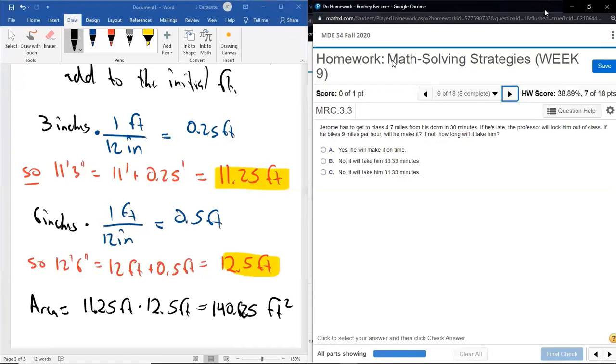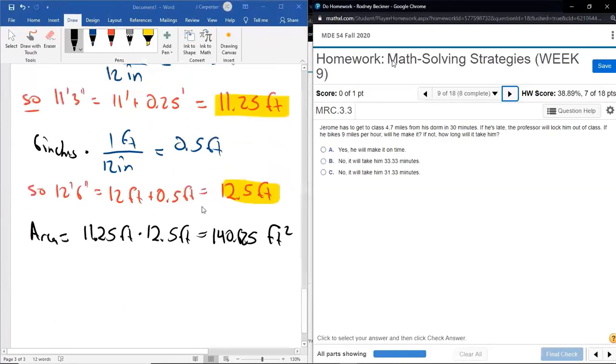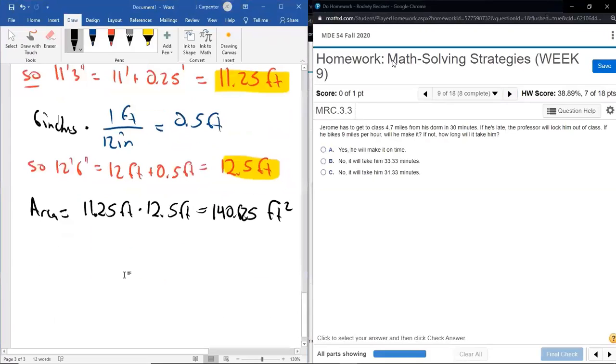If he bikes 9 miles per hour, will he make it? So he can bike at 9 miles per hour. And we need to just do some math with this 4.7, this 30, this 9, some of these numbers and figure out how far will he actually go. So that's the first question we got to ask is,